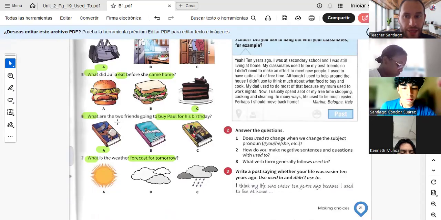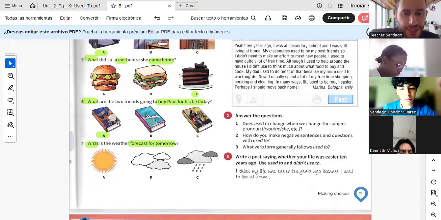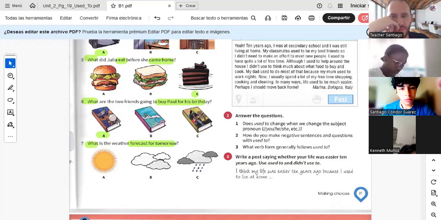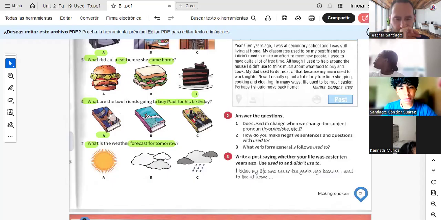Okay, they agree. And finally, the forecast. 7. What is the weather forecast for tomorrow? Best of luck with the tennis competition, Vicky. It's tomorrow, isn't it? Thanks, Joe. They might have to cancel it. It hasn't stopped raining all day today, and we're playing outdoors.